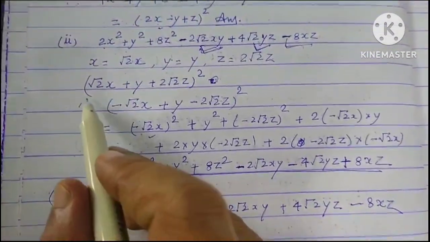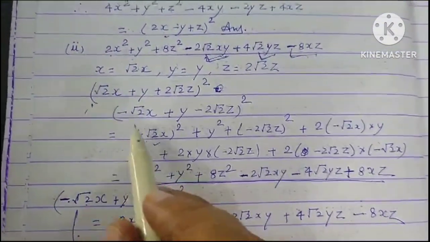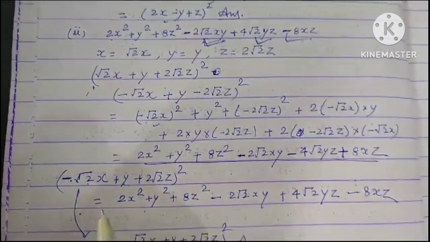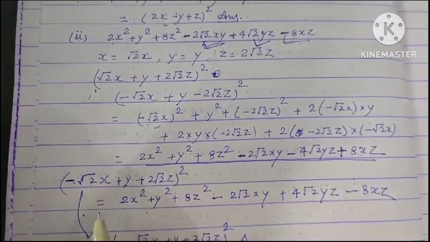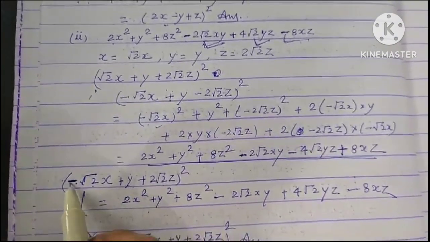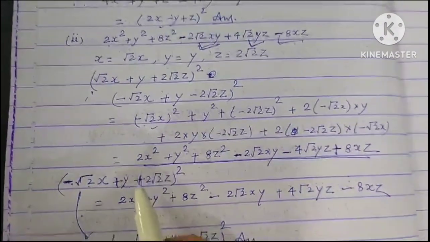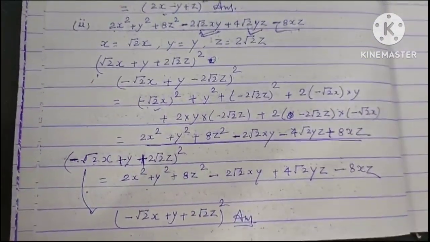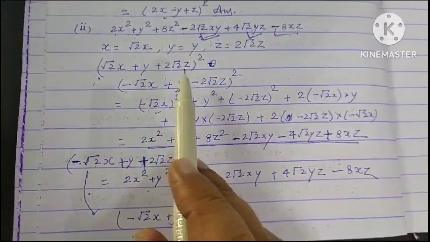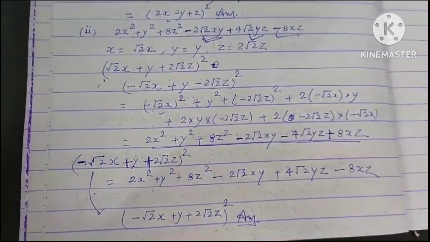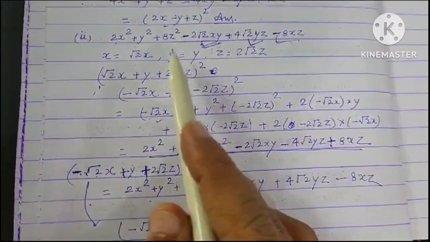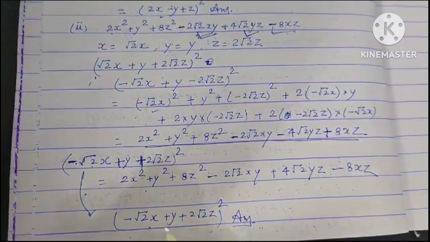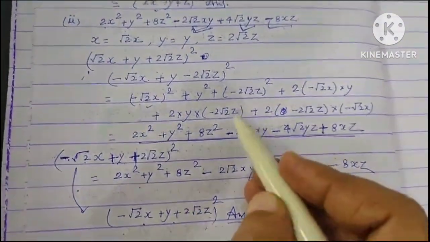I have done this one in order to make you understand where we make mistakes. This is the right way to see all these types of questions. The main catch is where we have to put the minus and plus signs. You will get acquainted with this when you practice more and more problems. So let us move on to a different problem. I hope this one is clear to you. The appropriate answer of this question will be this one, minus root 2x plus y plus 2 root 2z whole square, not this one.